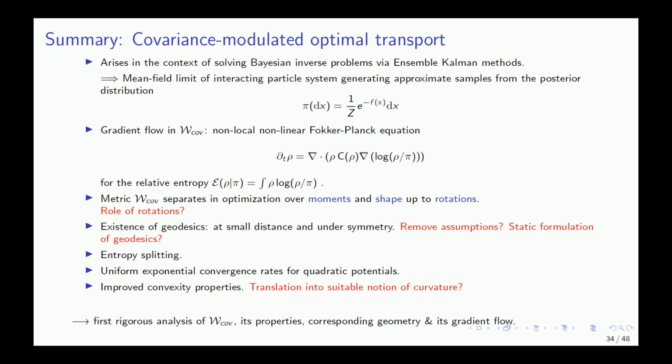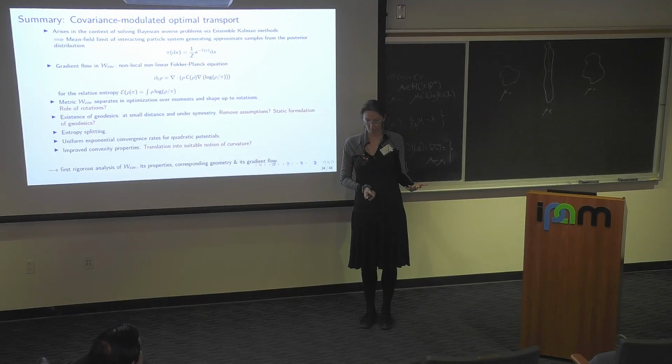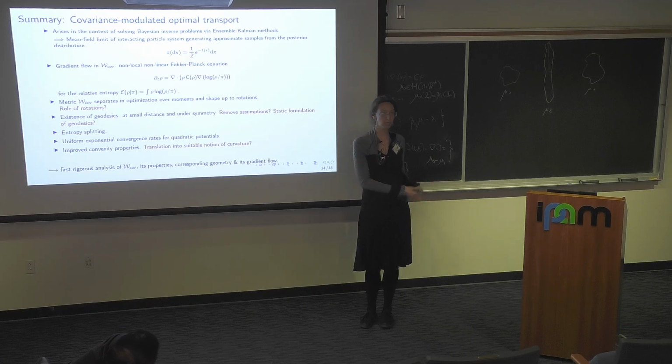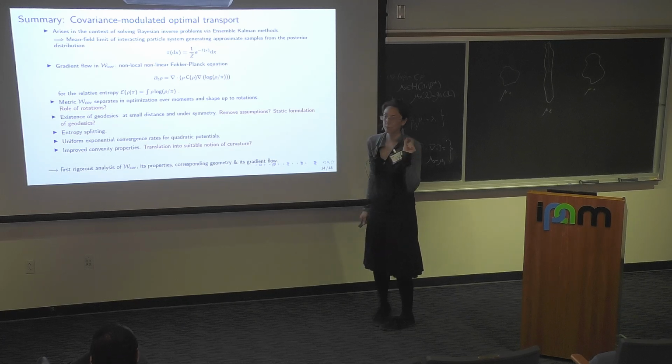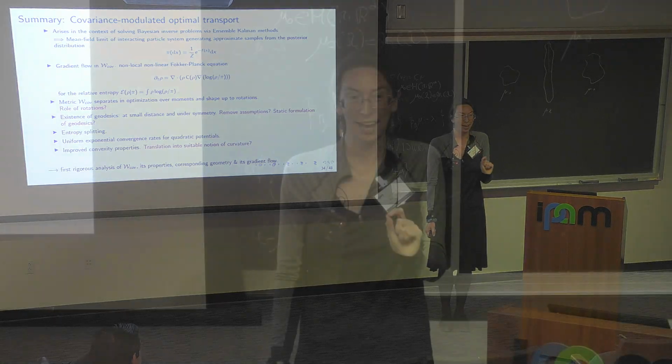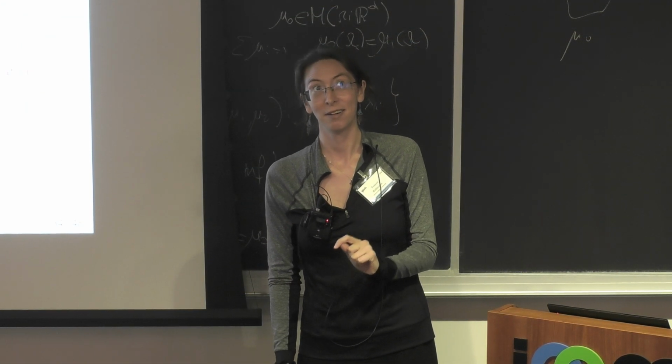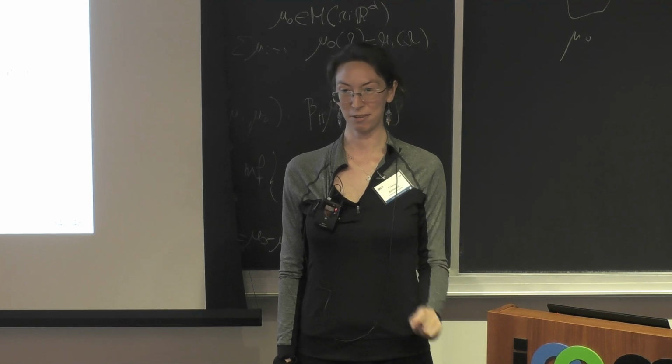But just a takeaway: we got to this from trying to solve Bayesian inverse problems, and our goal was to propose an algorithm that uses this idea of the ensemble Kalman methods, but in a way that we can actually prove something. And the way to prove something, we were thinking, okay, let's try to do it so that we get a gradient flow structure, and then we can use that in order to get rates of convergence. I have to say, though, the only proofs we have up to now for the convergence are for Gaussian targets. And that is very frustrating,